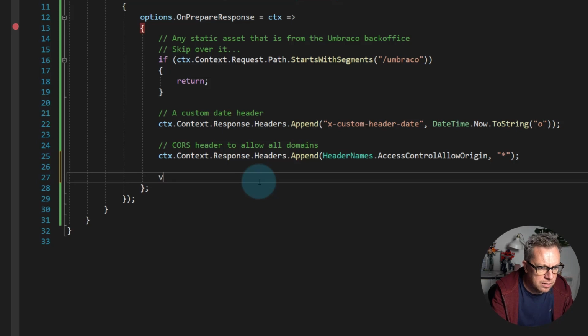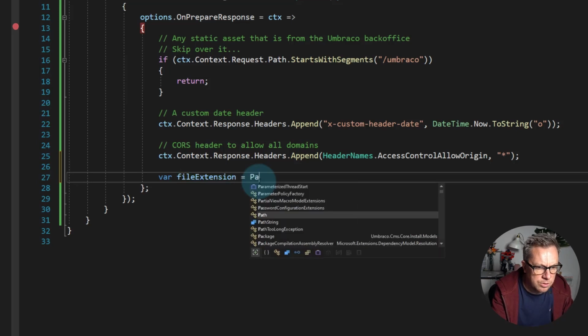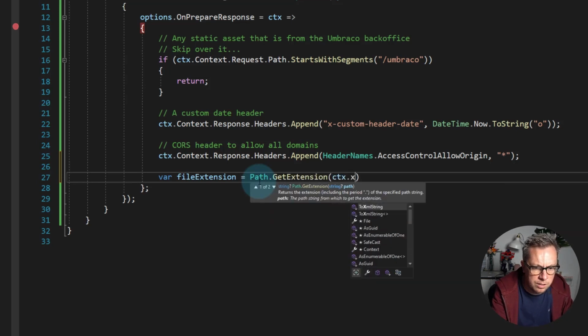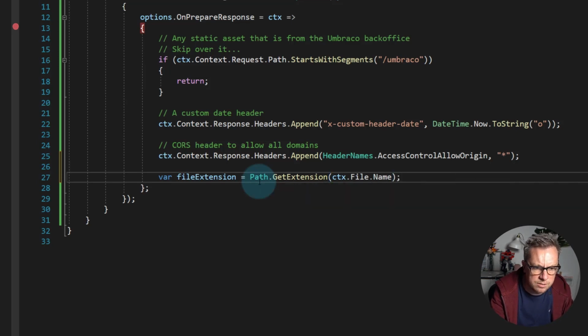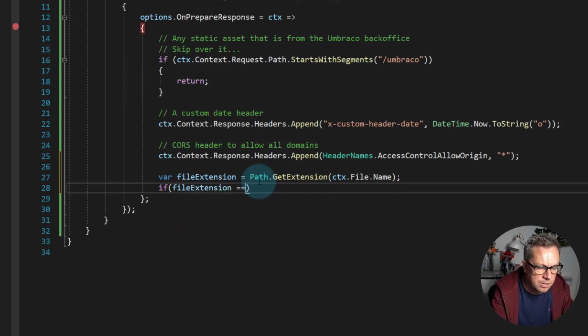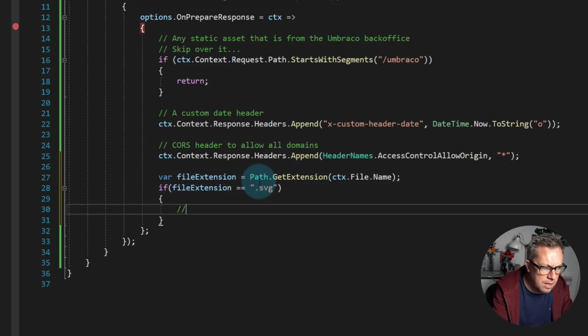So let's do that. So let's get the file extension. And that was Path.GetExtension, and that is from the context file name. And then if the file extension is .svg, then set a, can't type today, specific cache header,